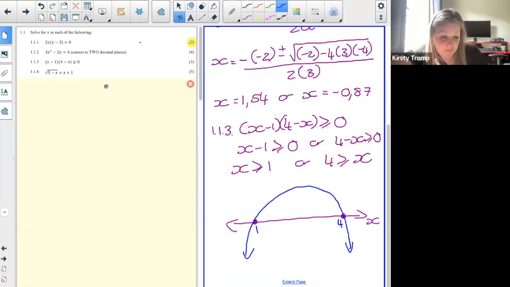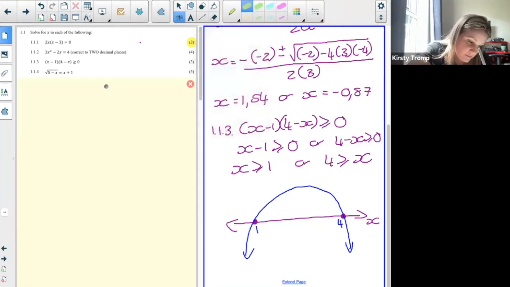They're asking me, where is this parabola greater than 0? So if I'm looking at this drawing that I just drew, where is this drawing greater than 0? It's greater than 0 from here all the way to there. Can you see it? Awesome. Of course, Michaela, of course I can explain the